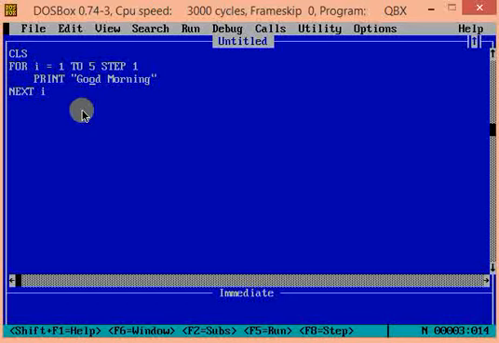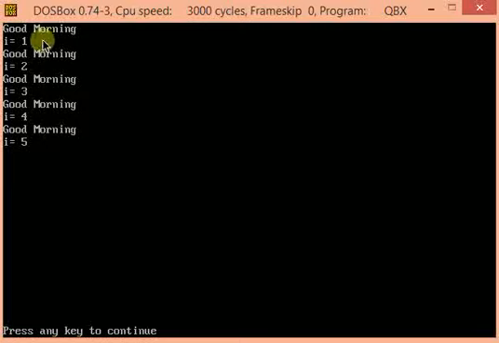Let's change the program a little bit for our understanding. We will add one more statement to print the value of I in the loop. We will observe the change of the value of I in the loop. Let's add one more line in the block. Print I. Let's run the program. As you can see, the value of I was printed as 1, then 2, 3, 4, 5. It didn't continue further because the loop must have broken.